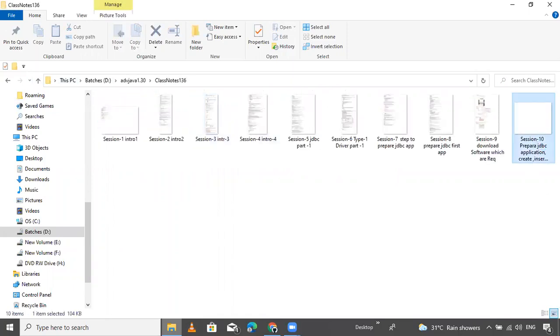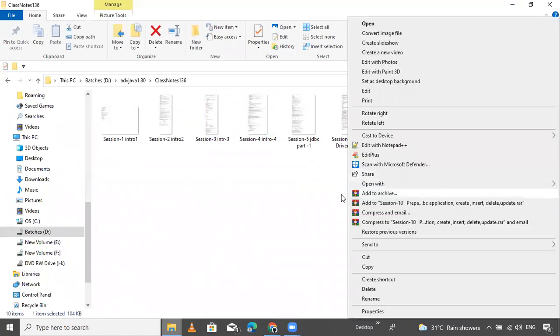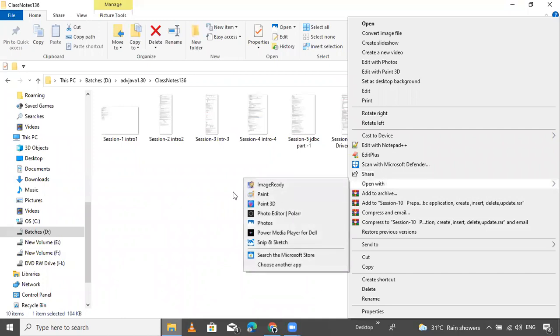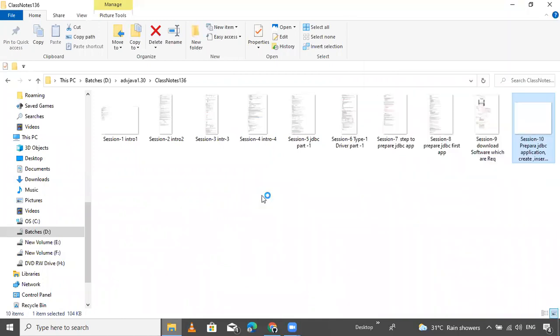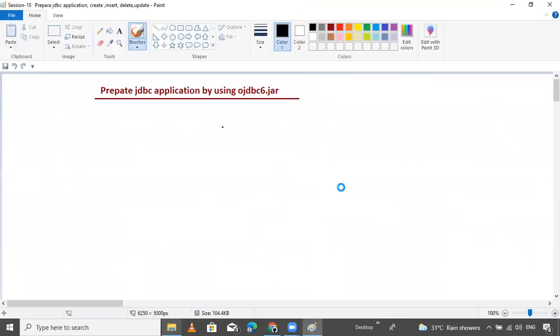Today is the 10th session. Prepare a JDBC application, insert and update. I will show these things with only one example. After that we will go for the theory parts. I am using the type 4 driver. Prepare JDBC application, so this is the heading.